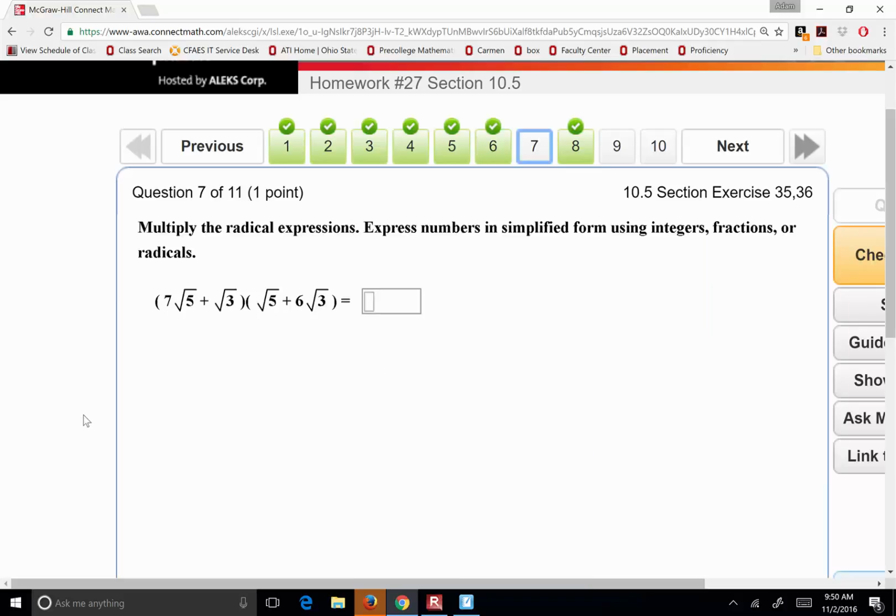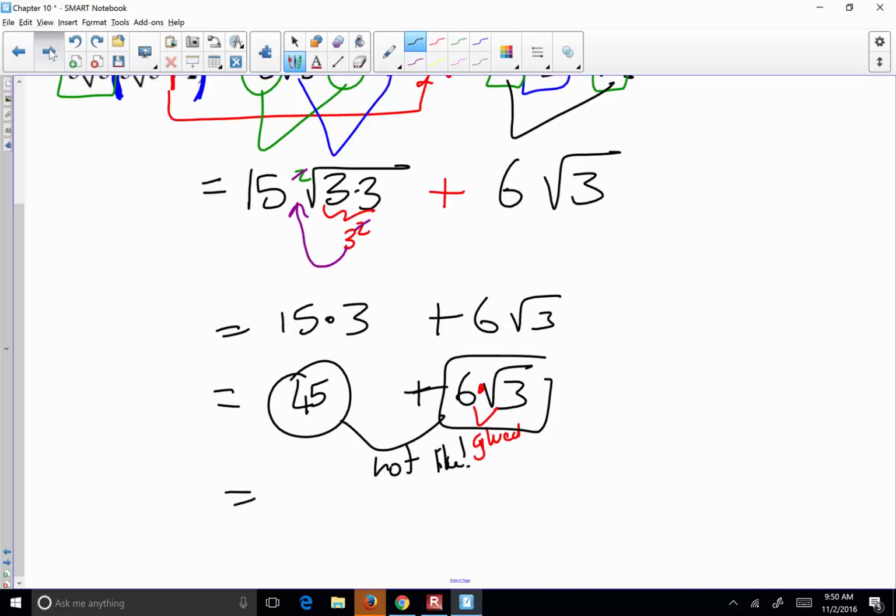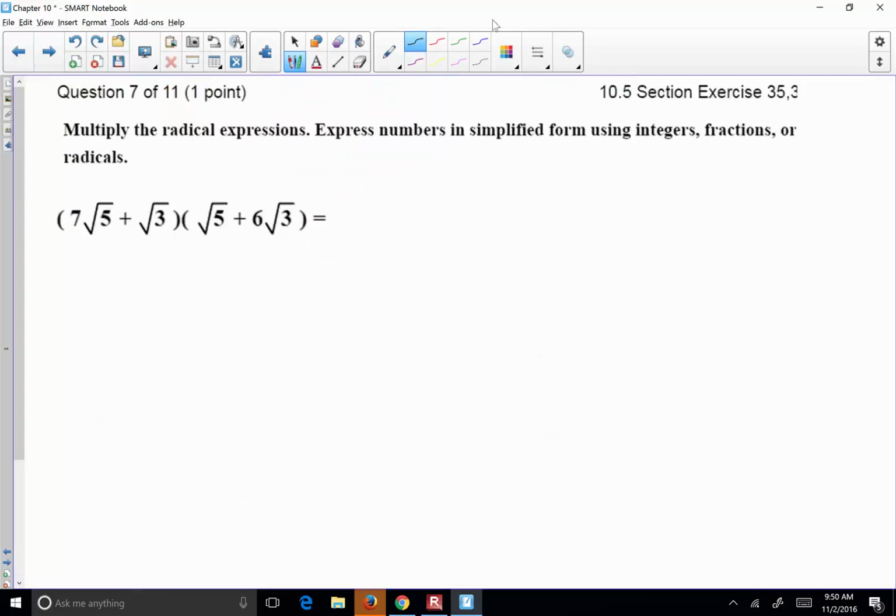What is the difference in number 7 now? This time just basic distribution is not going to make it. Why? Look at the parentheses. They are multiplied and there are additions inside, like A plus B times C plus D. This is 2 terms by 2 terms. There are 2 terms here, 2 terms. If you have 2 terms on each side, this requires